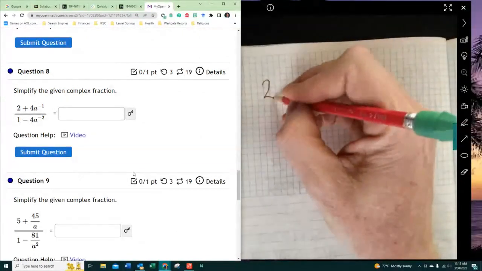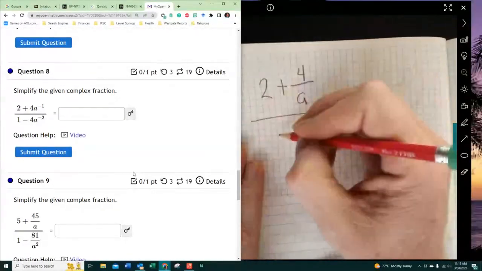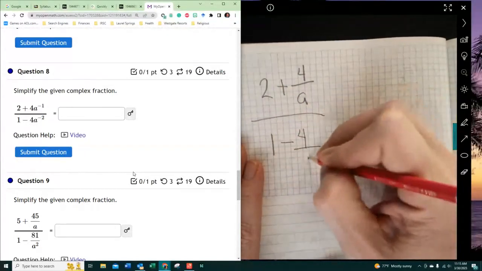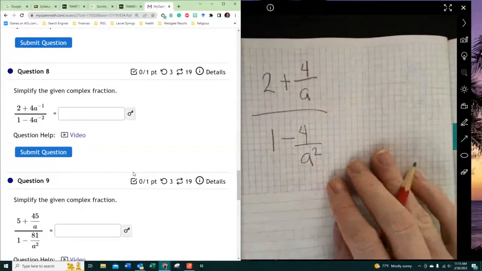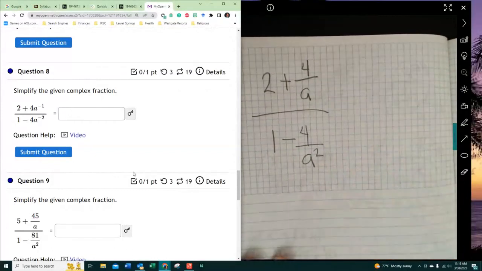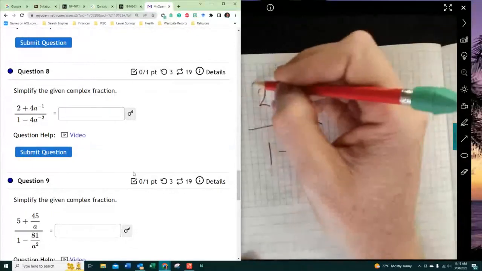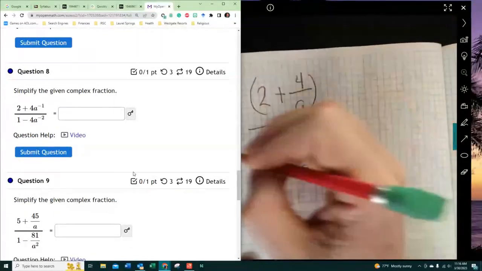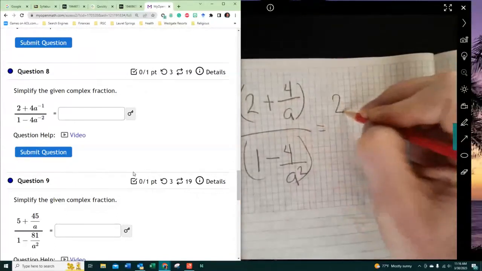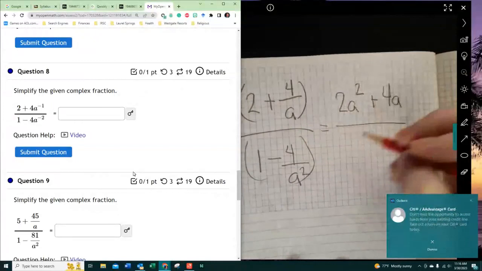Now, whenever we see negatives, this is what we see. That's what we see when we see negative exponential powers. Okay, they are in the form of complex fractions. So we're going to multiply both top and bottom by a squared because the bottom has a squared in it. So by doing that, we're going to get 2a squared plus 4a all over